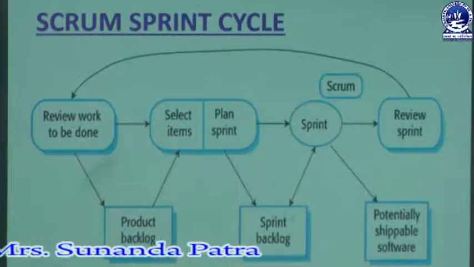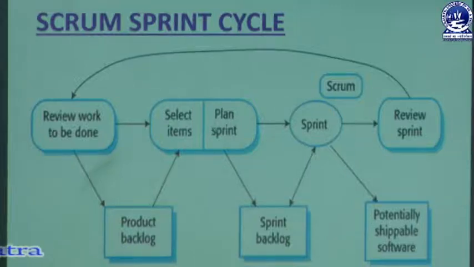According to the sprint backlog and the plan for the sprint, we will go for executing the sprint. Once the sprint cycle is executed, that means the development iteration has been done, we have a potentially shippable software. That is not the complete software, that is potentially shippable software. That means we have some versions that we can include with the software. And we have to review the sprint. If it is not done or the sprint is not successful, we will go for the review work again.